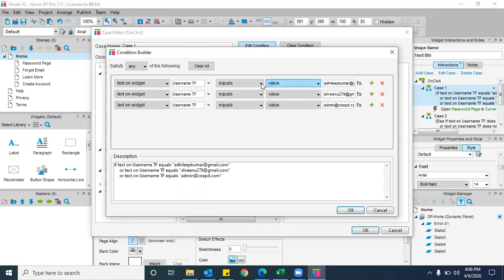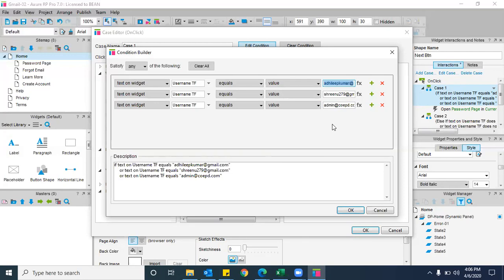And in the text box of value, please enter your text which should be validated.